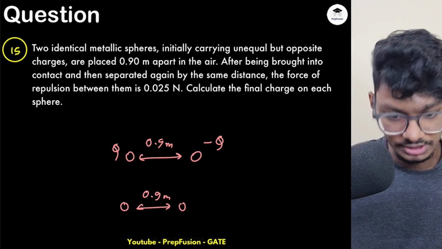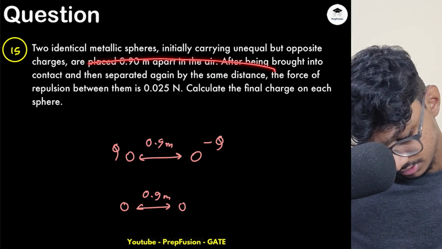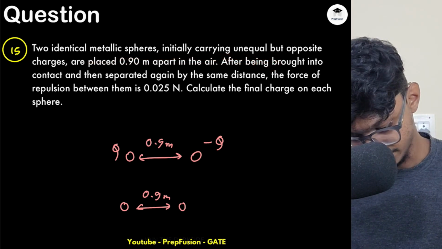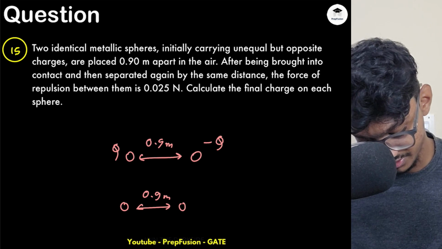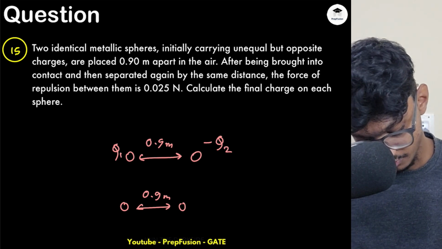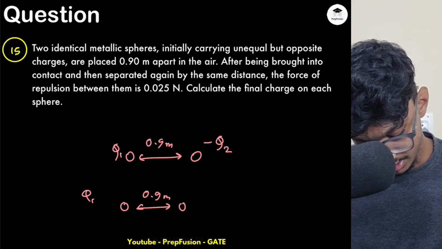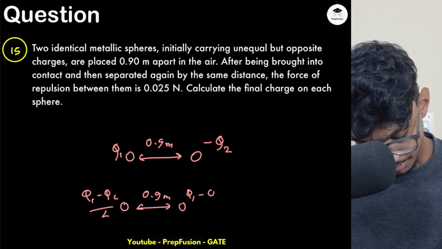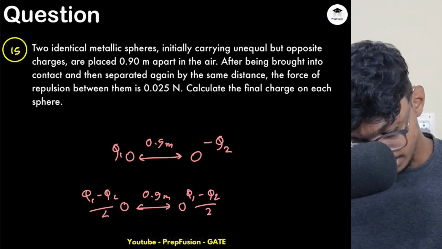So what will be the two identical spheres but of opposite charges, carrying unequal charges. They are not carrying equal charges. That's why I thought the question would be redundant, so Q1 and Q2 actually, but opposite sign. So finally the charge will be Q1 plus Q2 by 2, Q1 minus Q2 by 2. Okay, so next what they are telling,